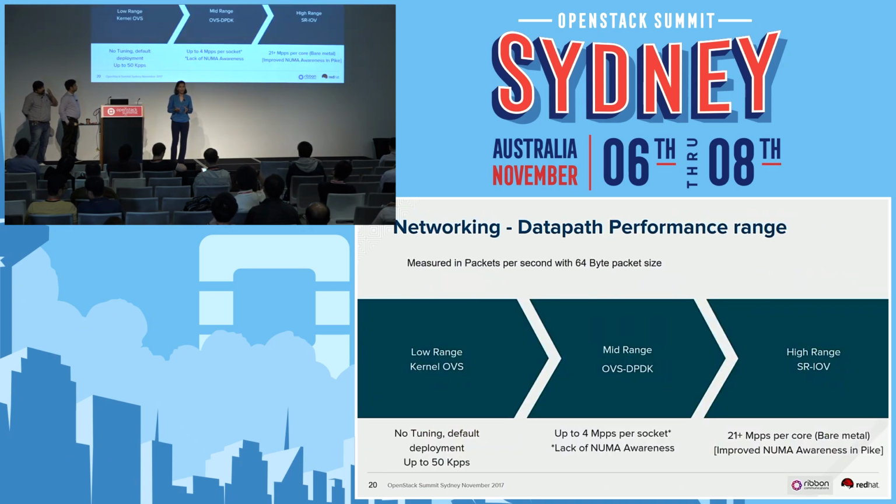This is an overview of the performance range that we are roughly recommending on the Linux platform. You have the low range, kernel OVS, at around 50K packets per second. You could probably do higher with better tuning, but this is a safe estimate, with no tuning, default. For mid-range, we're saying 4 million packets per second. This is bidirectional with 64-byte frames, so 2 million in each direction,